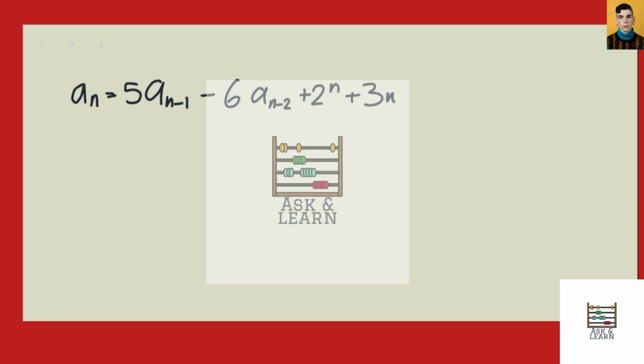And so when we put our particular solution in, we get q times n times 2 to the power of n plus p1 times n plus p naught is equal to